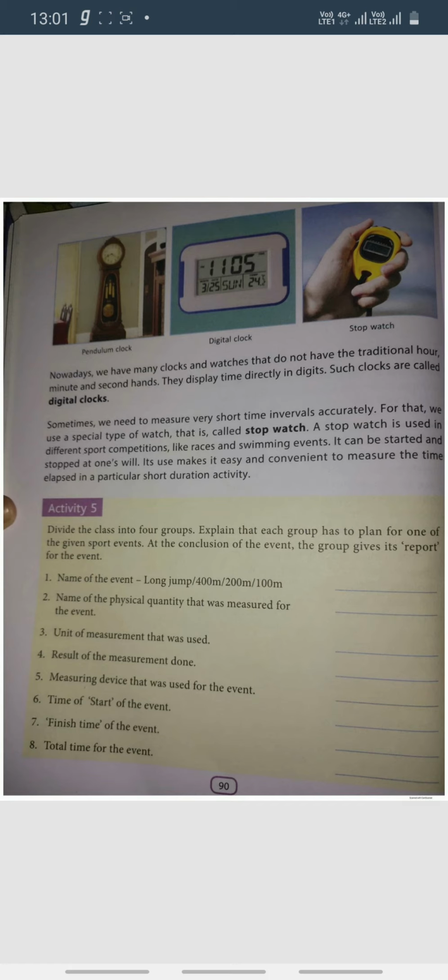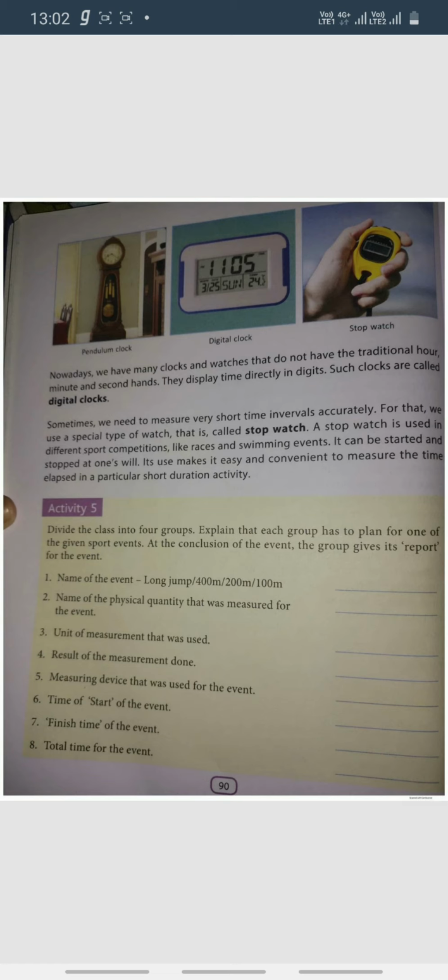A stopwatch is also used for different types of sports competition or anything else. To measure very small durations of time, stopwatches are used. Or to measure the difference between very small durations of time, we can use a stopwatch. In your mobile phones you can see the stopwatch is there, where seconds, minutes and hours can all be measured, even a fraction of a second can also be measured with the help of a stopwatch.